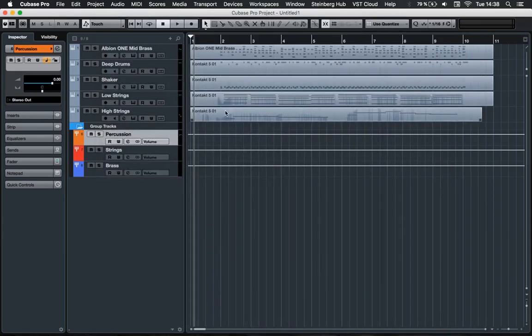And we won't really hear a difference, but we have more organization now, and we can do more with these group channels. So if we play it right now, and then we mute percussion. So you see, we have a lot more control over our tracks,